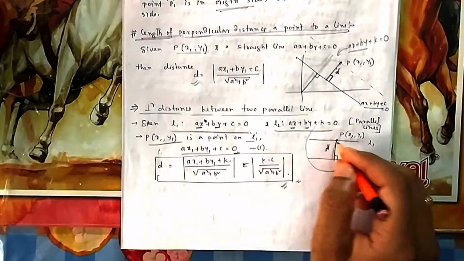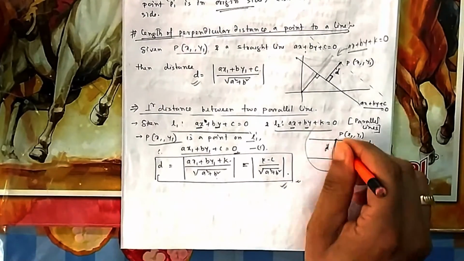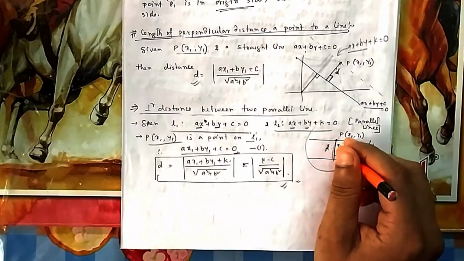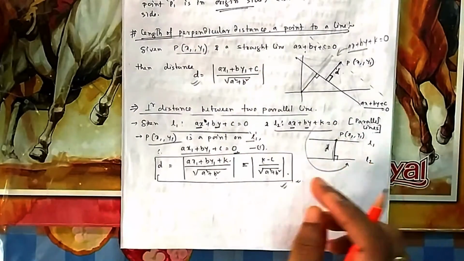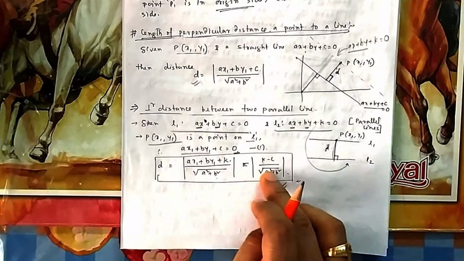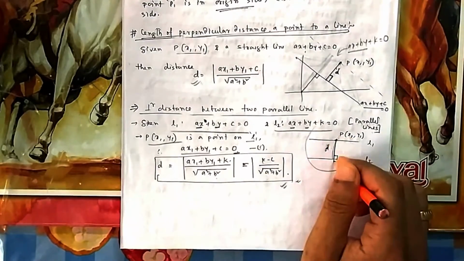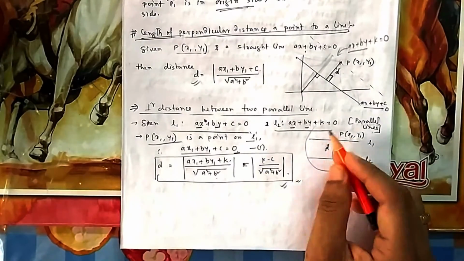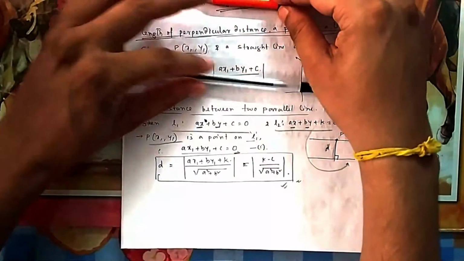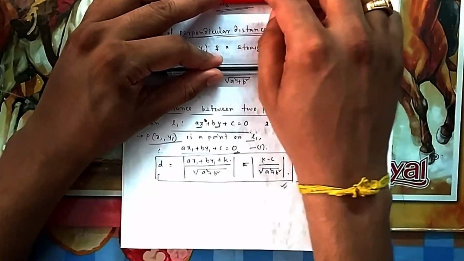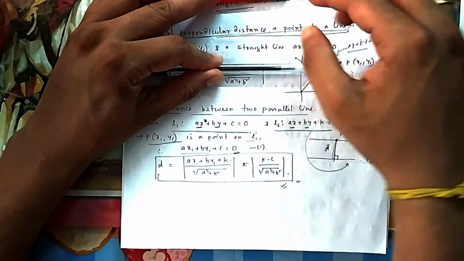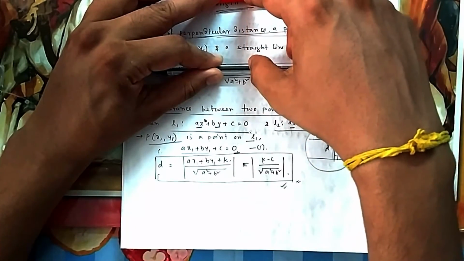But remember the idea, what we did. We took a point from the line and found the perpendicular distance from the point to the line using this formula. With that we proved this one. So even if you forget this formula, you should remember the idea. You take a point from the line, because you need to find the distance between two parallel lines. You take any point, because from any point the distance will be the same since the lines are parallel. You take any point and find the distance between the point and the line using this formula.